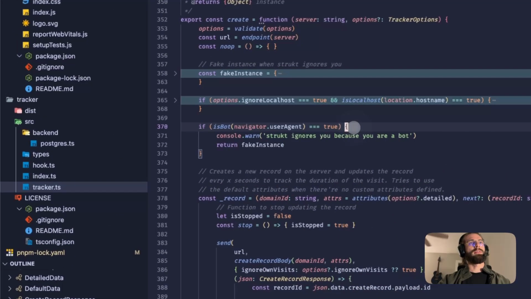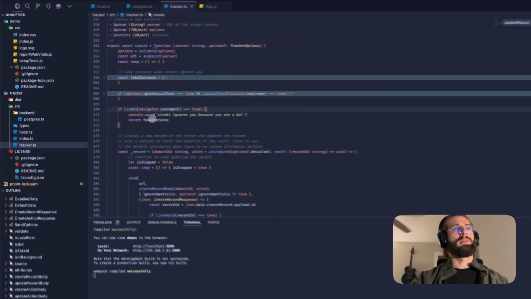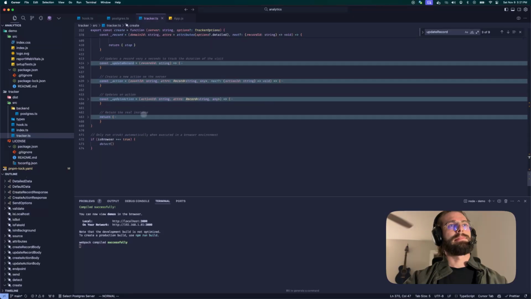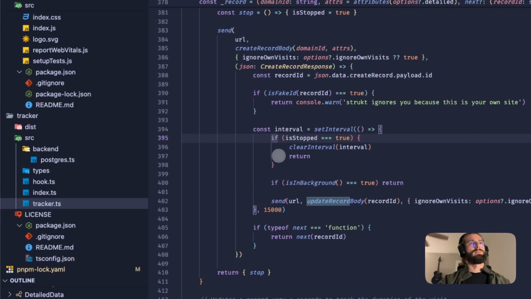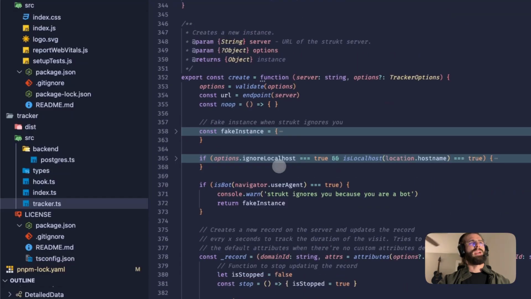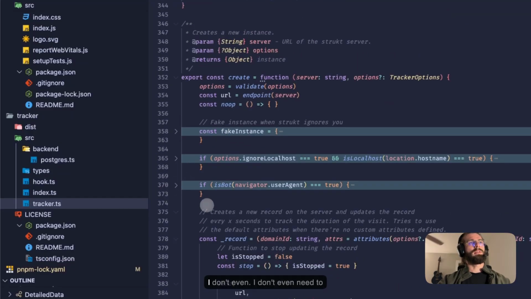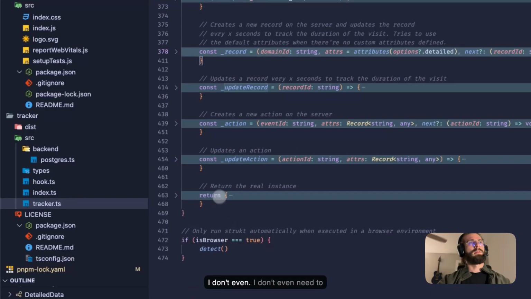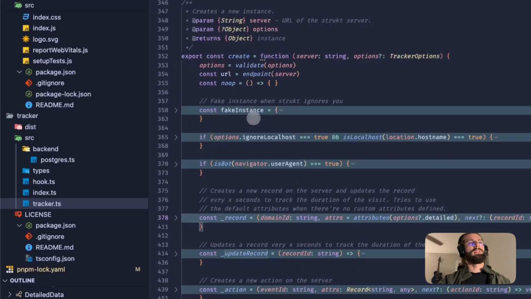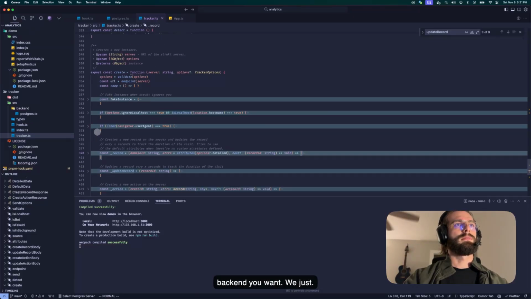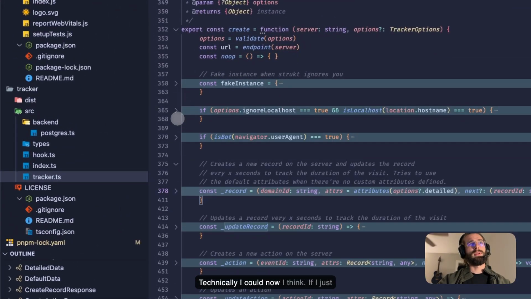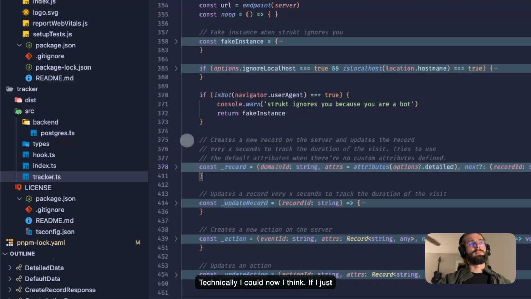So if I pass, actually, yeah, I just want to do this over HTTP. I don't even need to change this or swap this out. You can use whatever backend you want. If we just, I mean, technically I could now, I think, if I just pointed it at